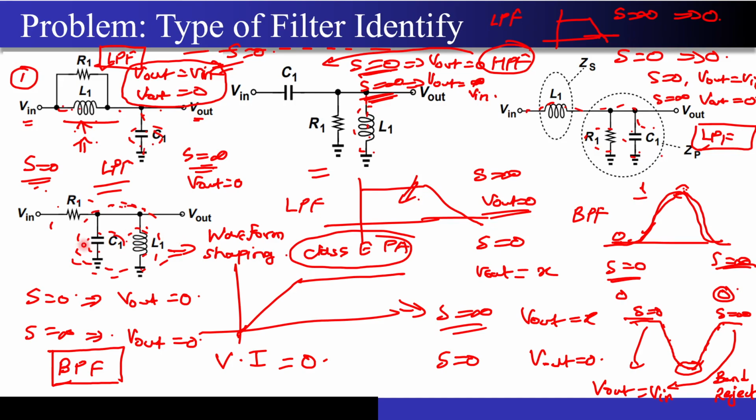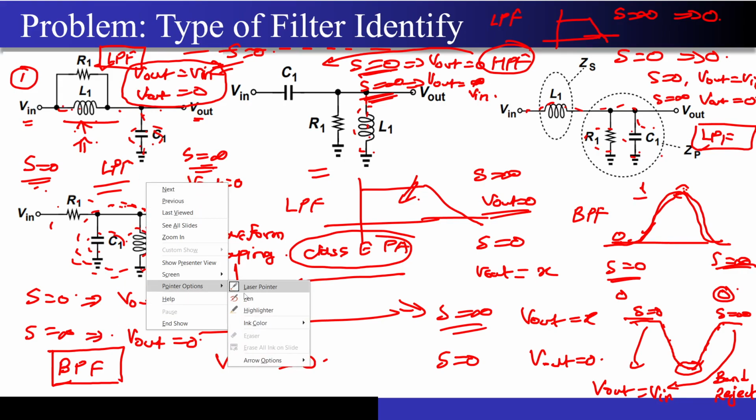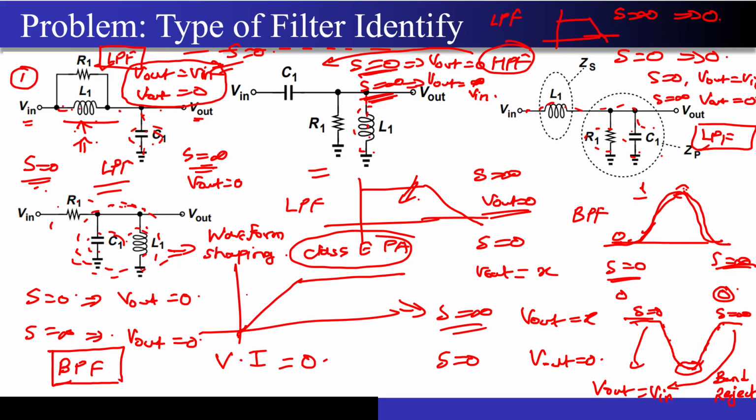So not only can you put one such LC tank, you can put 2 or 3 of them at the output node, and you will get a very good kind of broadband response. Let me just show you what I'm trying to say over here. If you take multiple band pass filter responses like this, what is going to happen? Ultimately you are going to get some kind of a wide band response.